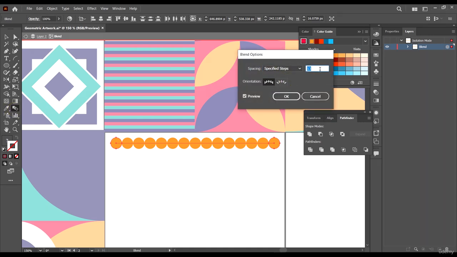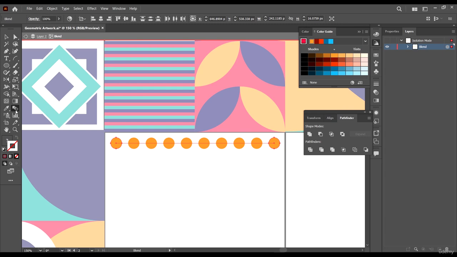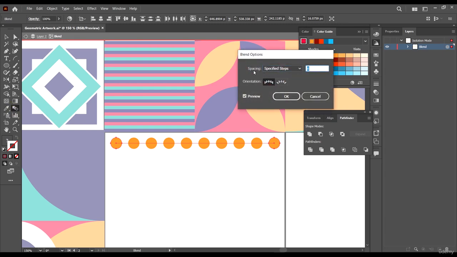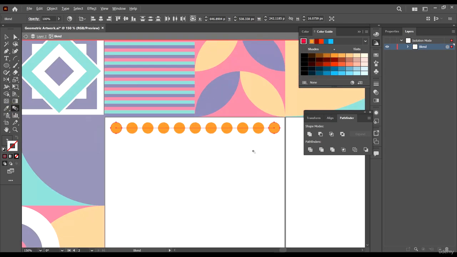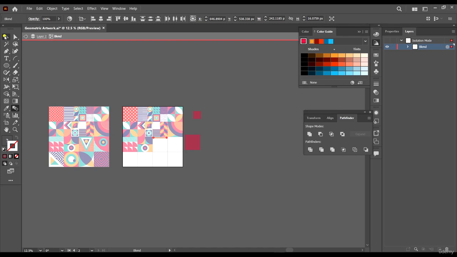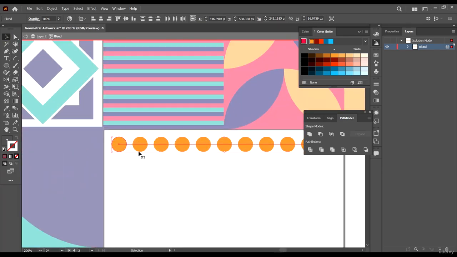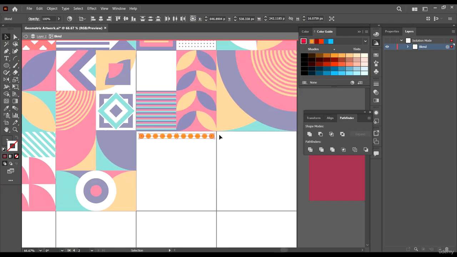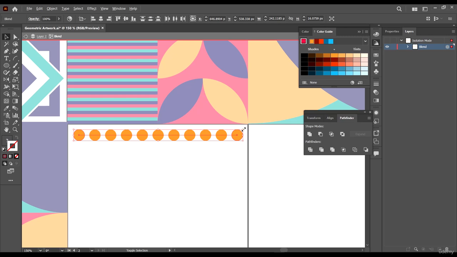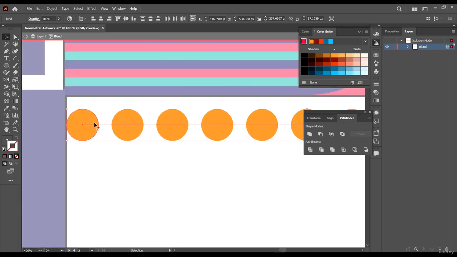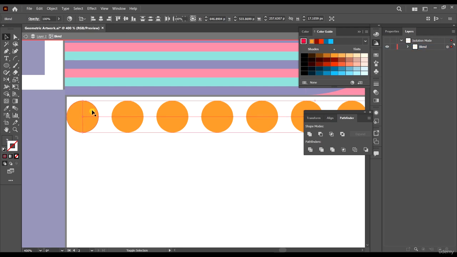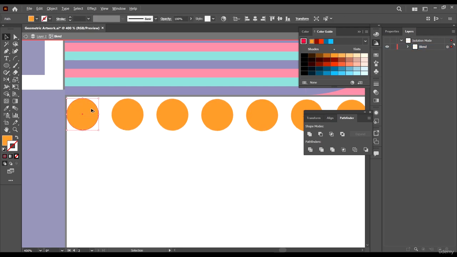Then let's make it 8 or 9. Okay, let's just make it 9. And then we actually need the sizes to be this big, so that when we duplicate,